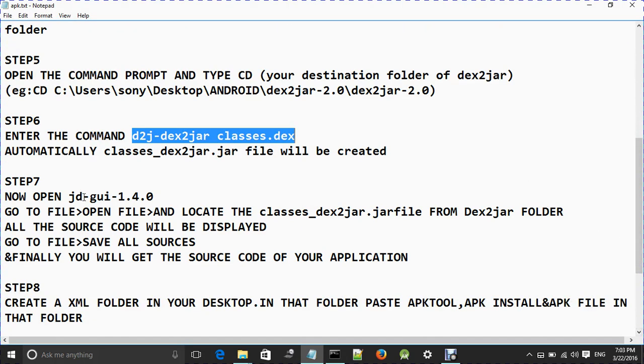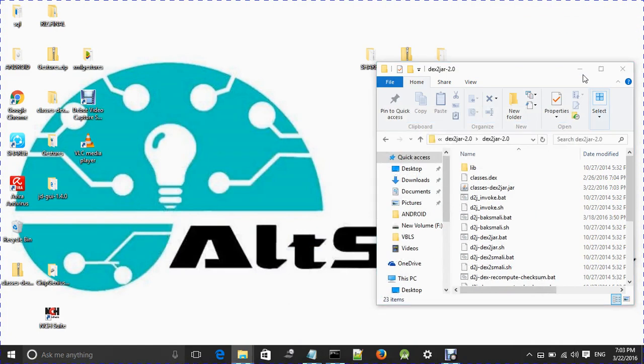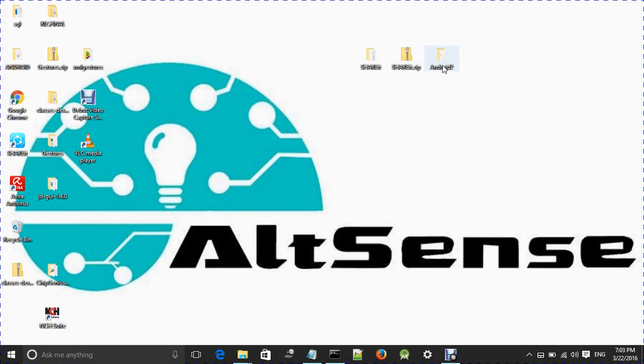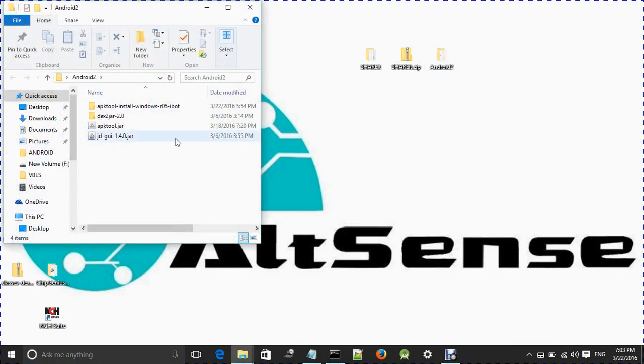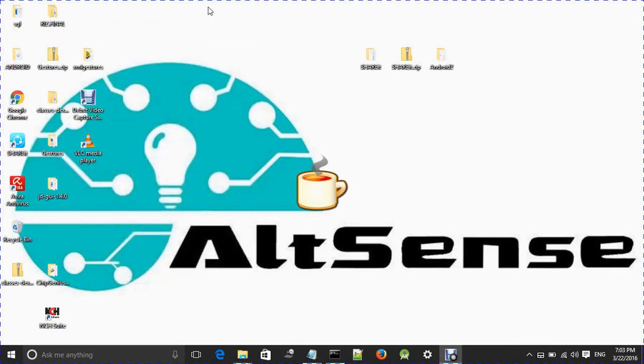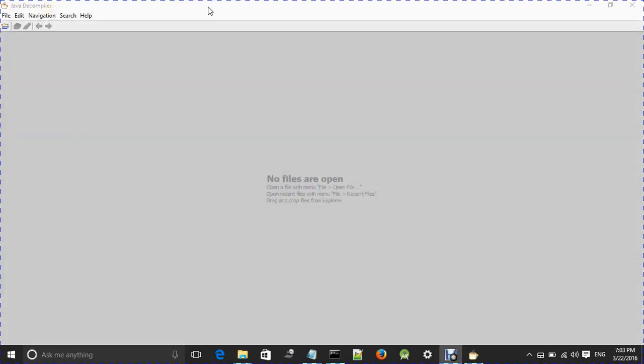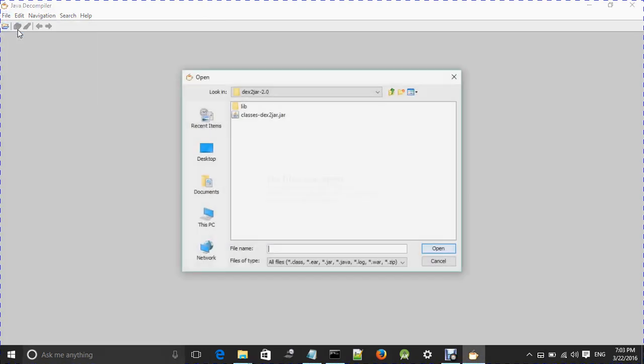Now open your Java Decompiler. Java Decompiler is here. Now open it. Go to File and Open File, and look here for the classes-dex2jar.jar.